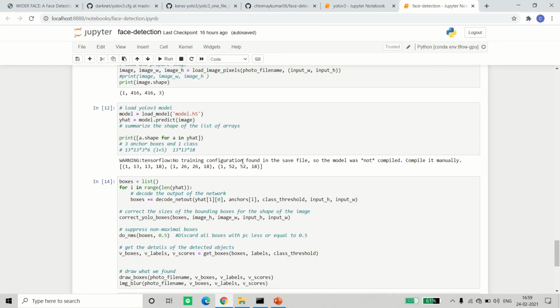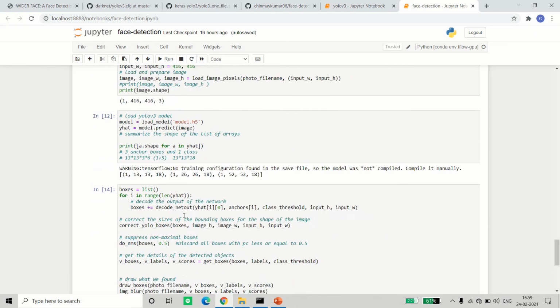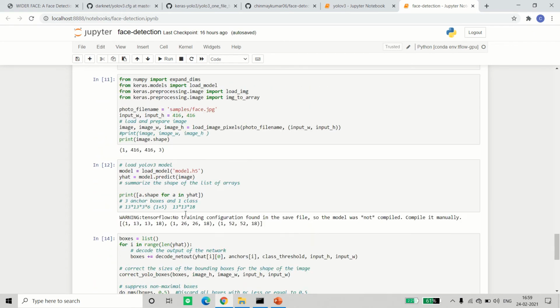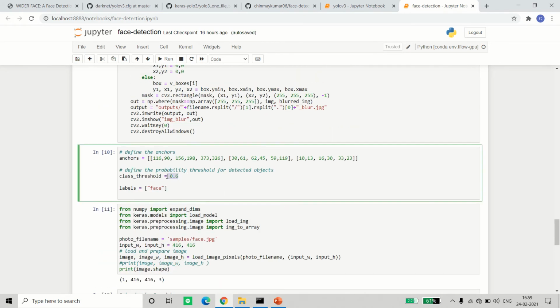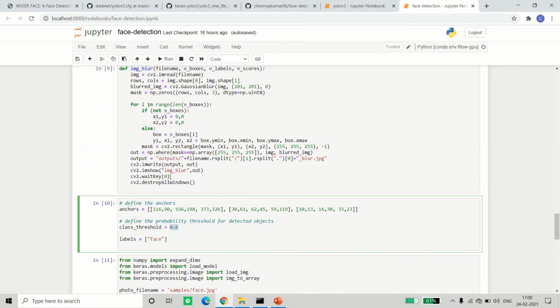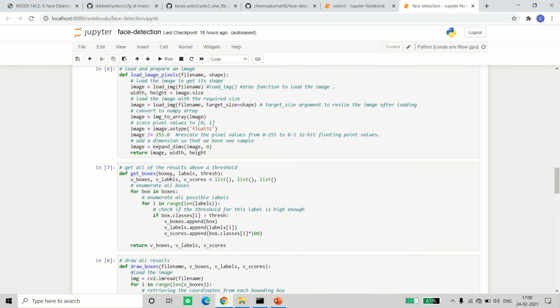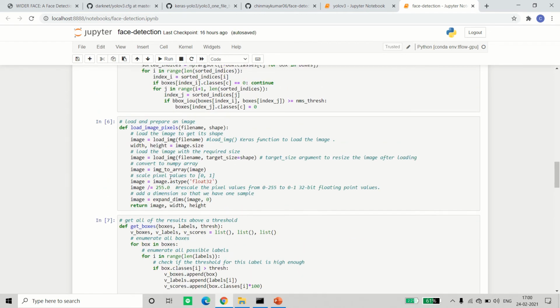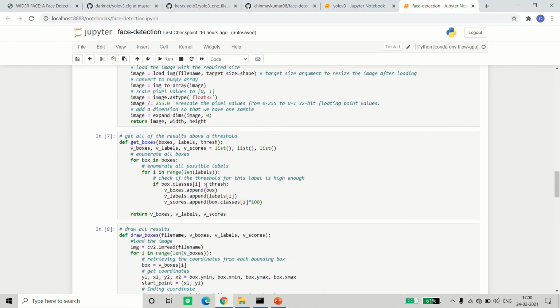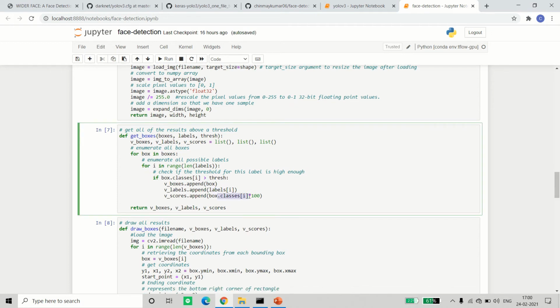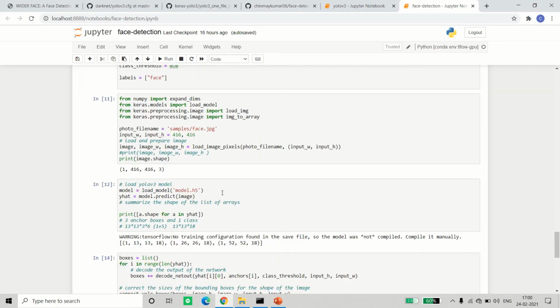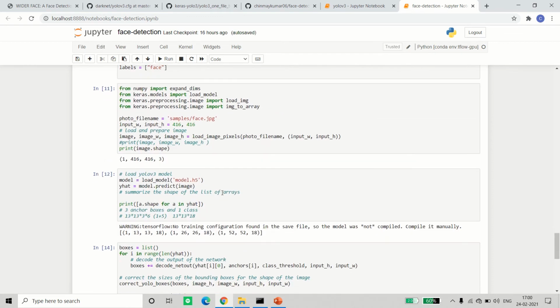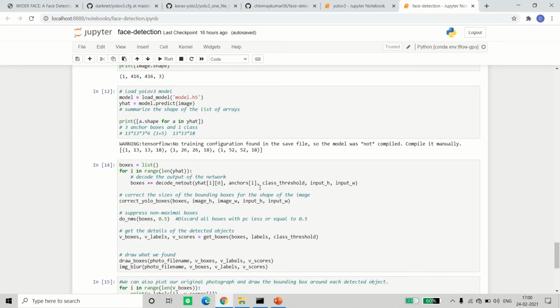As I told you, this class threshold will be used now. Let's say we got a score 1 box, but the score is less than 0.6, less than 60%, then we'll reject that box also, because we don't want a low confidence prediction. Where is it? Wait a minute. Get boxes, yeah. So if it is greater than the threshold, then only we'll take the labels. The score into 100 will give the percentage, and the labels of i we are getting from that get labels function that I showed you in the starting.